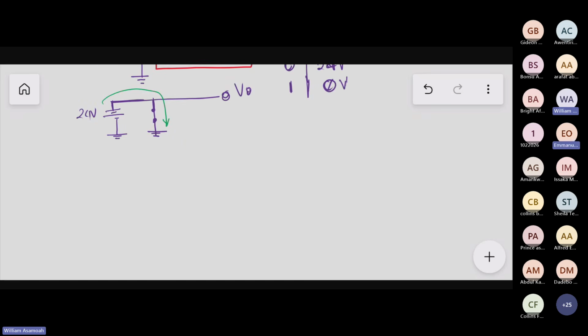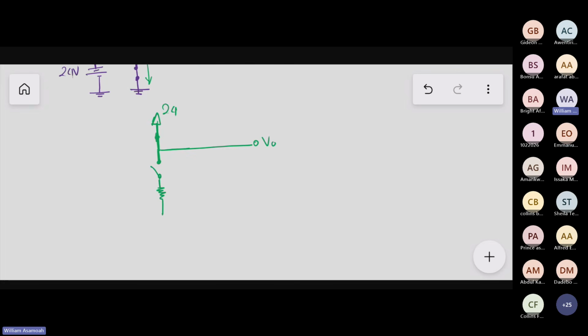We actually have our 24 volts here. Then our switch comes here. Sorry, we connect this guy here to our output line. You need to be taking notes. Otherwise, you get lost. This thing is very important. Then we'll put a resistor here like this. Is that right? So that when we short this side,